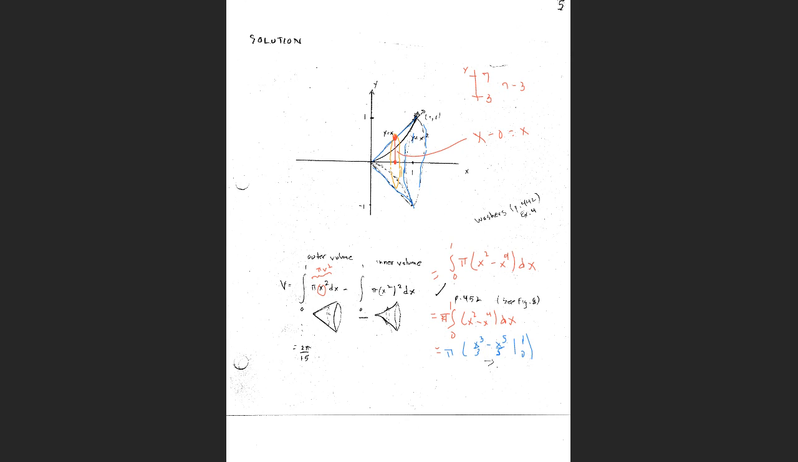And if you plug the 1 and the 0 in, you're going to get a third minus a fifth times pi, which is 2/15 pi. That's the volume. That's the volume of this interesting solid